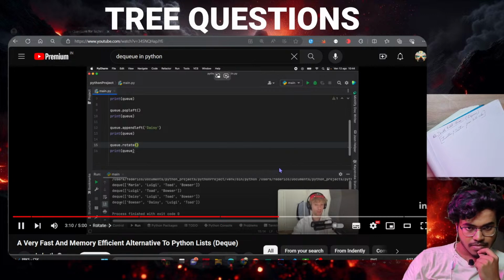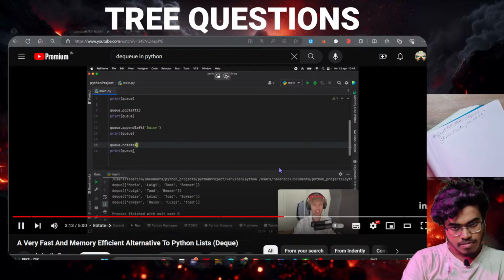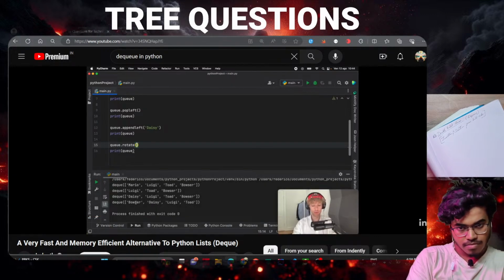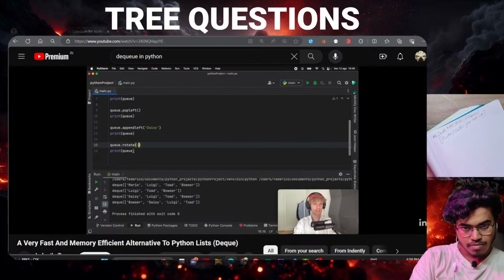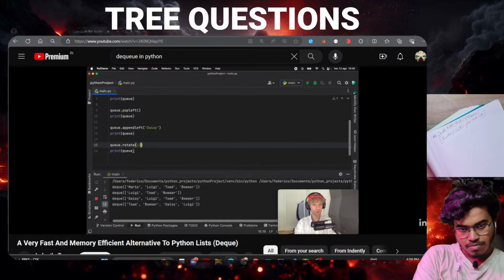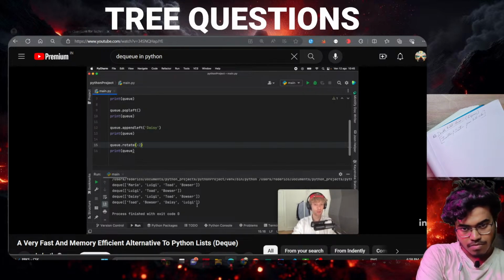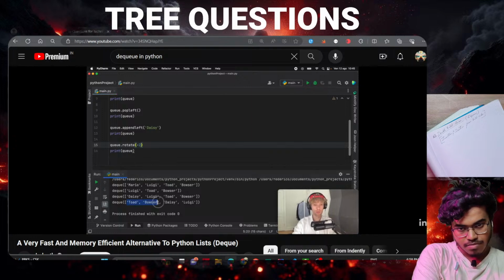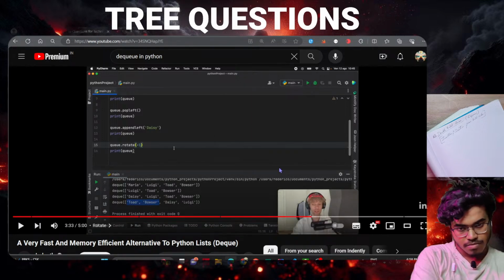So we're going to have Daisy going backwards while Bowser goes to the front of the queue. And that's not really a queue-like behavior, but that's just how it is by default. And the great thing about this rotate method is that you can insert any number you want. So if 2 people went on the ride, we can go ahead and add -2. So Daisy and Luigi went together, and now they're at the back of the queue, while Toad and Bowser are now in the front of the queue. But we'll keep that